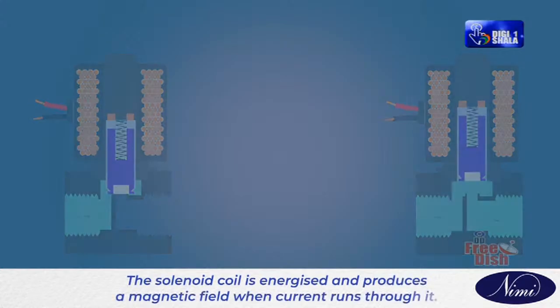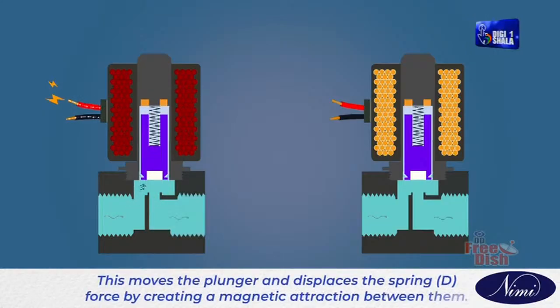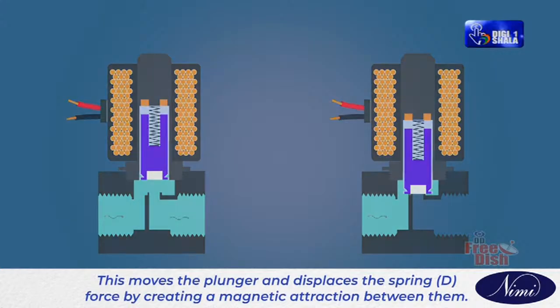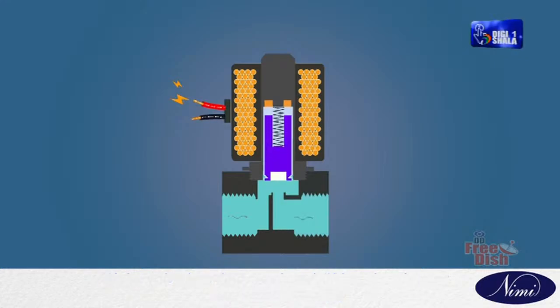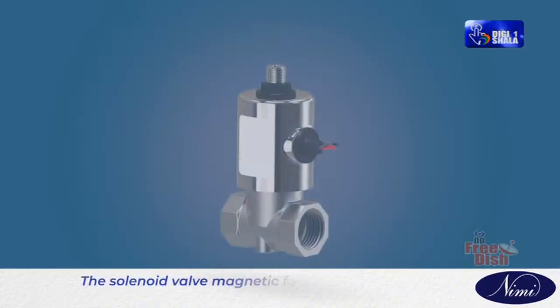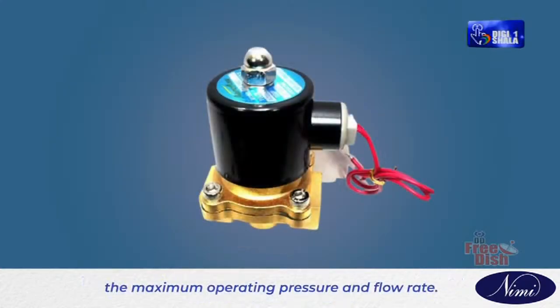The solenoid's coil is energized and produces a magnetic field when current runs through it. This moves the plunger and displaces the spring force by creating a magnetic attraction between them. If the valve is ordinarily closed, lifting the plunger causes the seal to open the orifice and let the media flow through. The solenoid valve's magnetic force and orifice diameter have a direct impact on the maximum operating pressure and